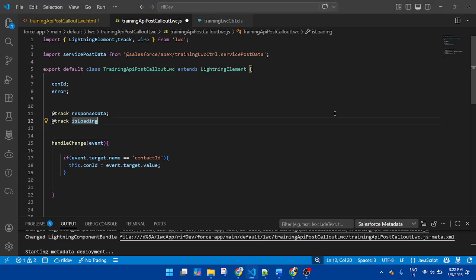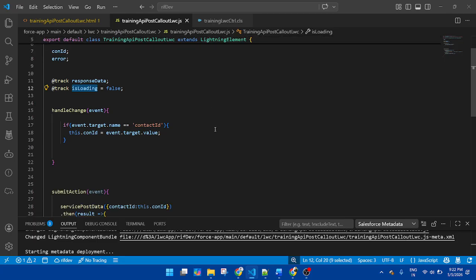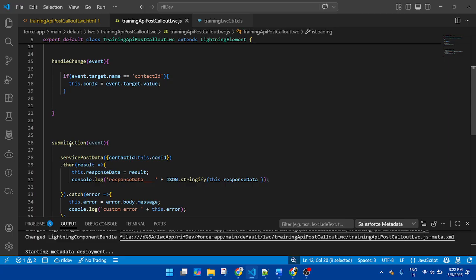So here I am creating isLoading as a variable, passing false by default. Once it is false, it will hide. Once it is true, it will display. By default I am passing isLoading false, and I will call it where I click this button.